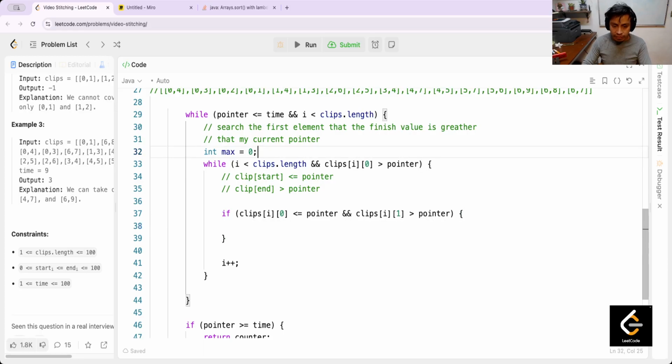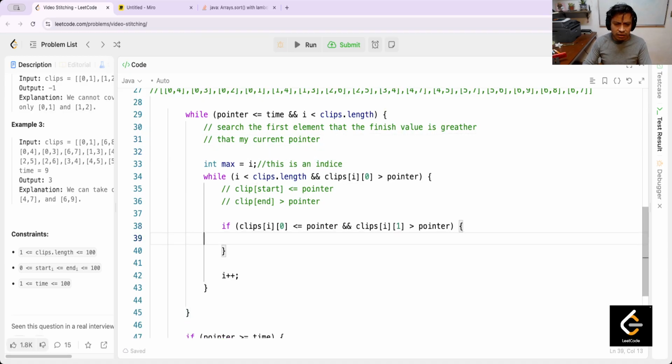No, it's an index, I think. And here I need to check where the current clip is minor equal to the pointer, which means that at the same time it is greater than this pointer, I need to check